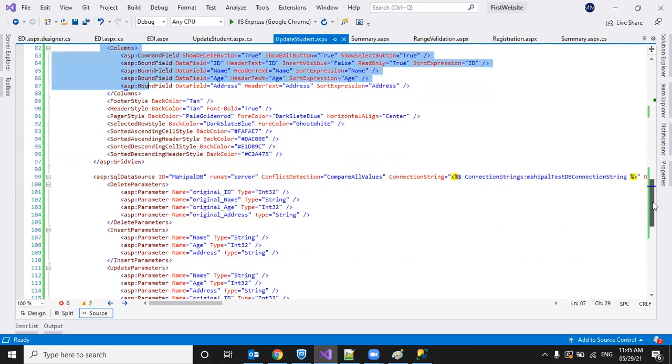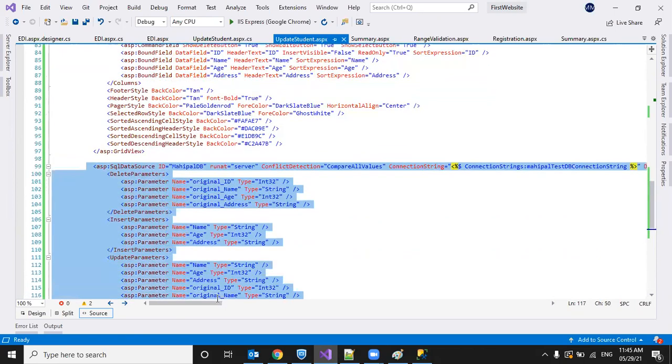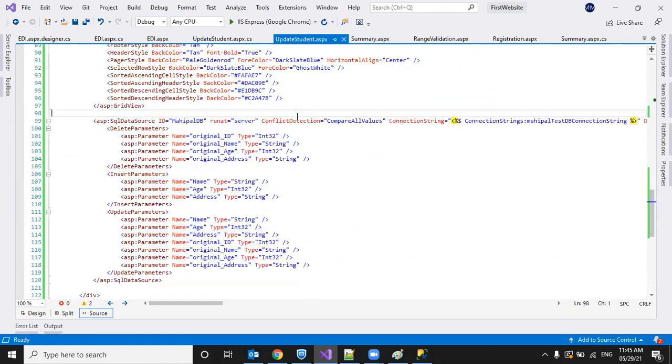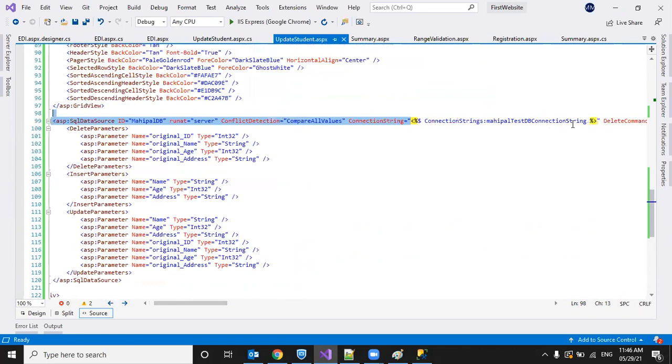And this is related to the data source, which is fetching the data and binding it to the control. If you see here, connection string. I selected some connection string during the setup process, so it fetched that connection string to get the data. We call these evaluate expressions. You can refer to this if you want.